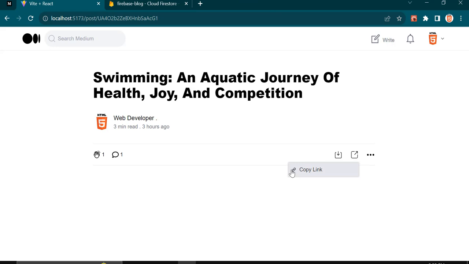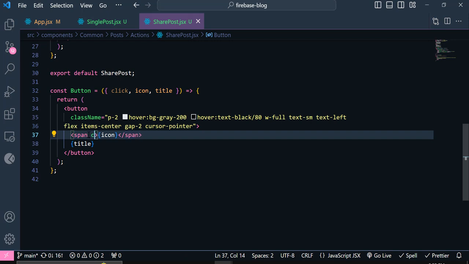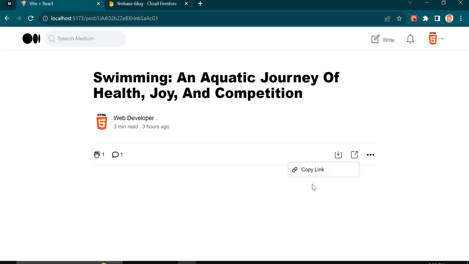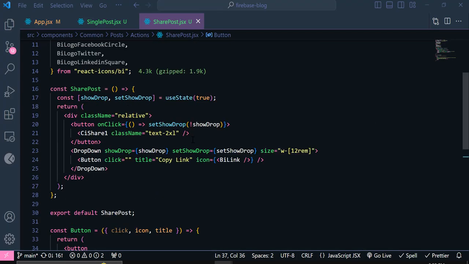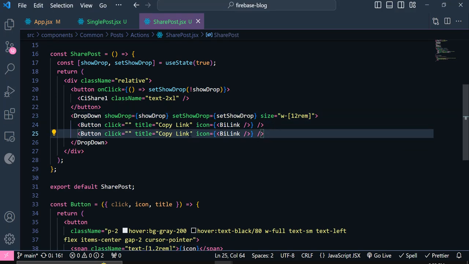Okay, we need to have some sizes for this icon, so I'm gonna add a class name here, and text should be 1.2 rem. Alright, now you can see we have a much bigger icon here. Okay, now let's add other icons. So up here I'm going to copy and paste this, and this time this should be